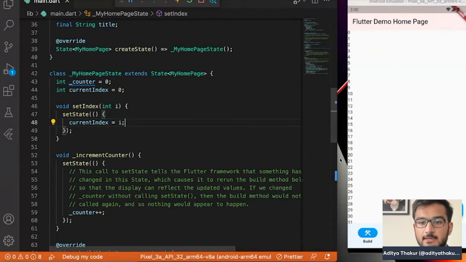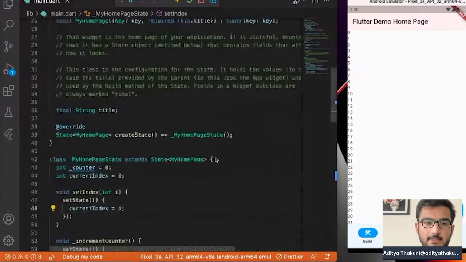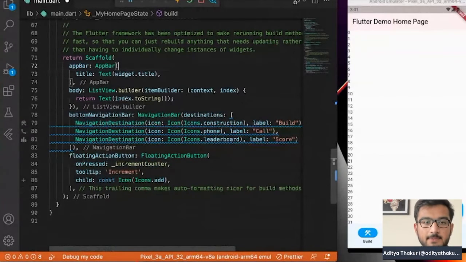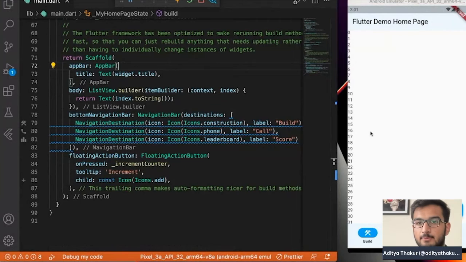Once I save this, you will see the new navigation bar appears. I'll get rid of the surface tint color that we had specified for the app bar. Save it again, and it will be more in line with the theme now. So we have the white app bar, we have a bottom navigation. If I click on it,